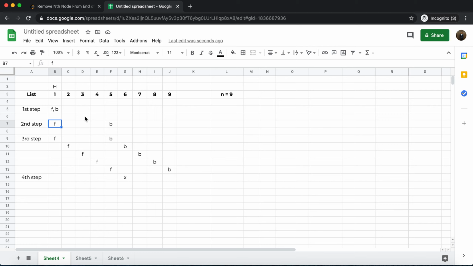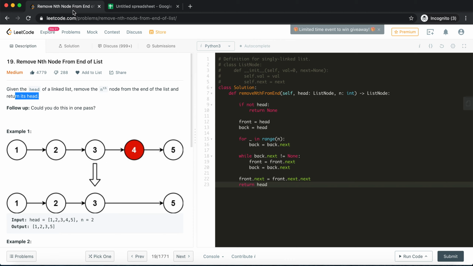So if we do that, 1, 2, 3, 4, 5, 6, 7, 8, 9, right? In the current logic, the back would actually come here, but there is no element here, right? So the back is actually invalid. So that is something we need to handle in the second step. If in the process of positioning back, creating a gap between front and back, back is pointing to an invalid node, or the list is exhausted, in that case we know that this is the case where we want to remove the head.